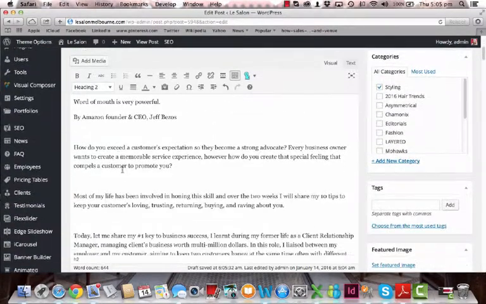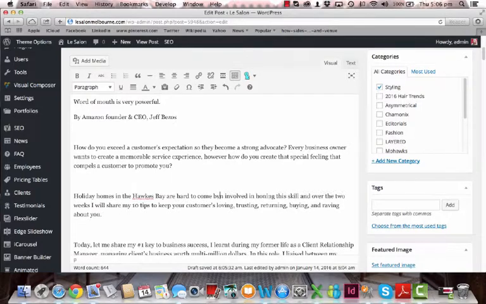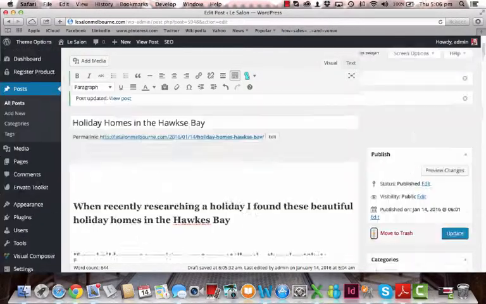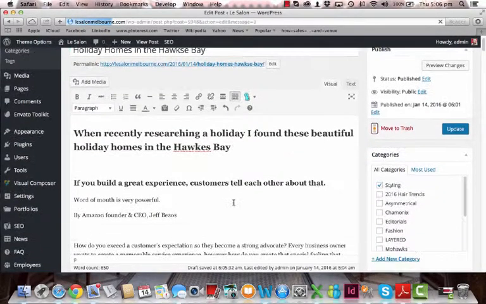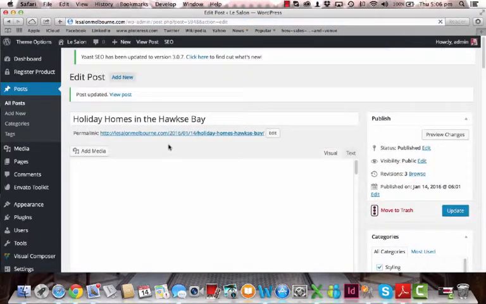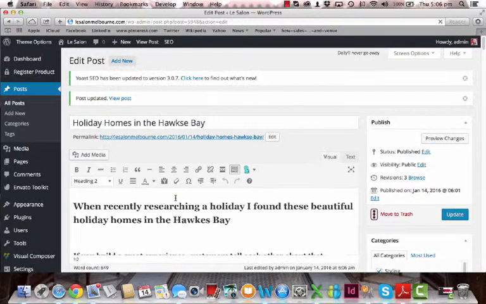Okay, and then we might want to go down here and just say holiday homes in the Hawke's Bay are hard to come by. And then we'll update the page. Well, already we've gone from red to orange. Okay, so we've got some headings, we've got the same keywords several times already, and we just need to probably